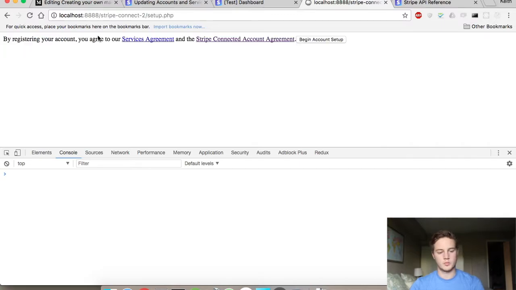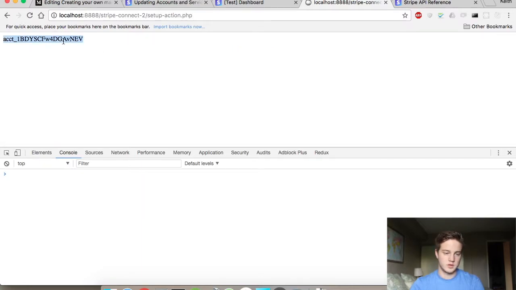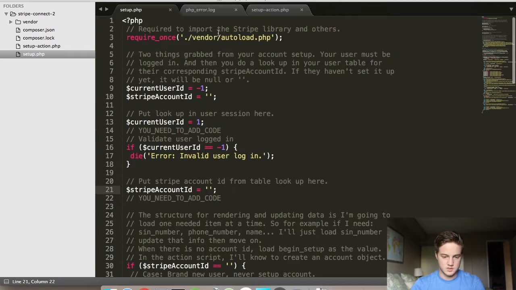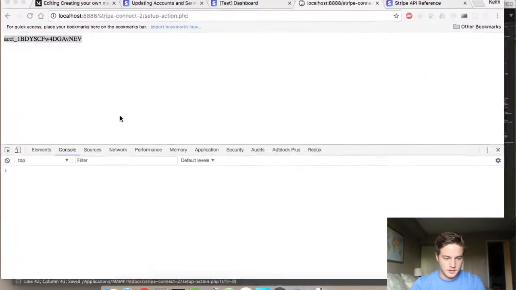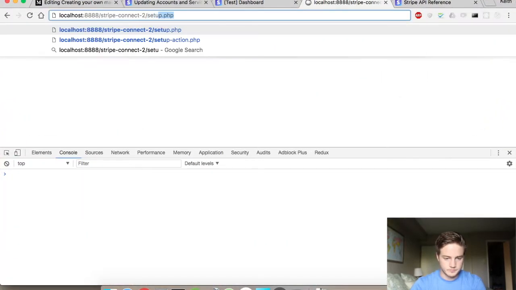And so if I reopen this, it'll give me this big form, and I'm actually restarting this whole process. So I'm just going to do this quickly. It will respond with a Stripe ID. And based on this, it's actually accepted terms and services. I'm just going to paste this back in here. So I have a Stripe ID. And then if I go back to setup,